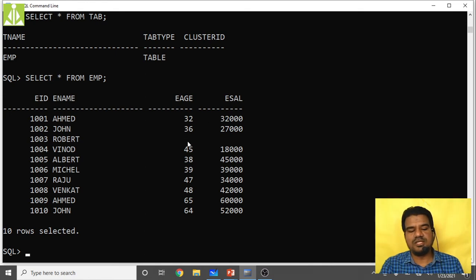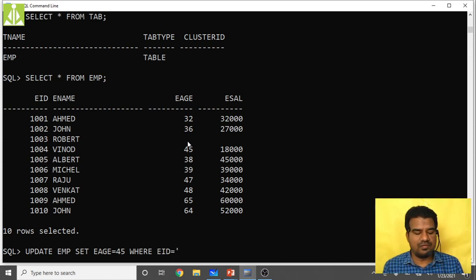Try to update this Robert as well. How can we? Update table employee, set eage equals to 45, where EID equals to 1003.